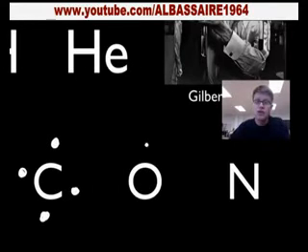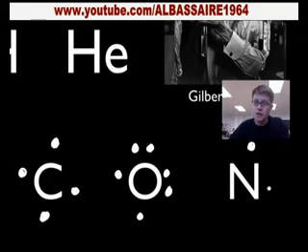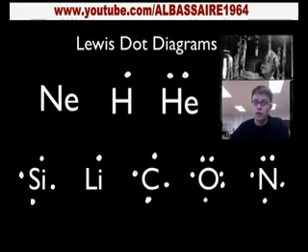If we're doing oxygen, how many does oxygen have? Oxygen has 6 valence electrons, and so if I had to draw that, again imagining those crosshairs in my brain, 1, 2, 3, 4, then here's the 5th, and then here's the 6th. So how many electrons would it like to pick up? 2 more. Or if we go to nitrogen, nitrogen has 5 valence electrons, so 1, 2, 3, 4, 5. Okay, so what are the 2 rules? Again, the 2 rules are, number 1, choose a side. Do you start on the top or do you start